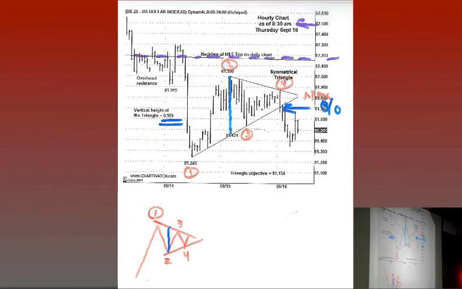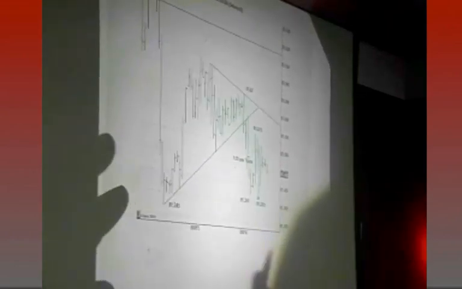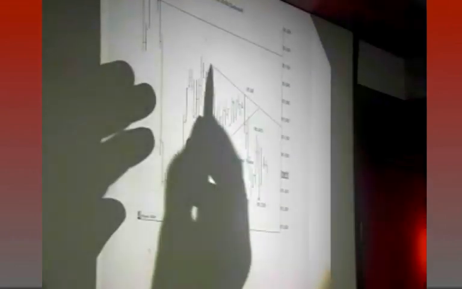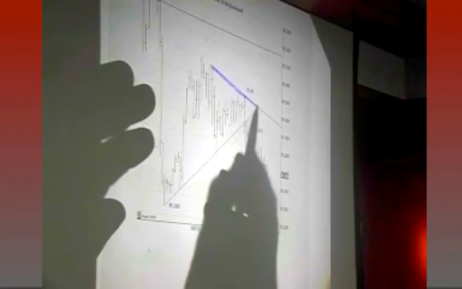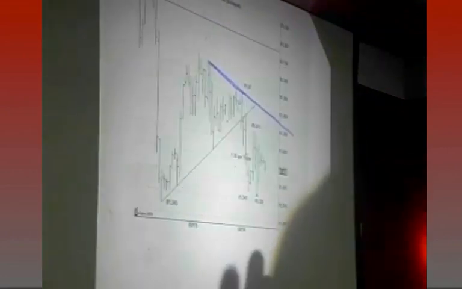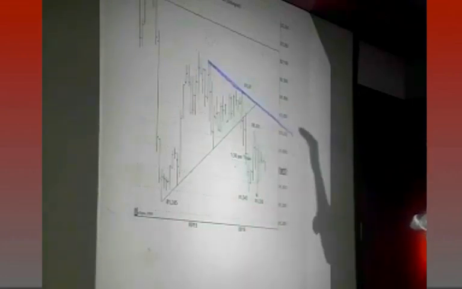I'm going to show you a chart as of about 1:30 this afternoon. It's going to be exactly the same chart, but with a couple more bars on it. What we did is we came down. We made a lower low for the day, but we did not get to the triangle objective yet. So I extended this upper boundary line of the triangle. The triangle is going to be valid as long as we don't get a rally that comes back up and eats into the triangle and goes through this opposite boundary line.